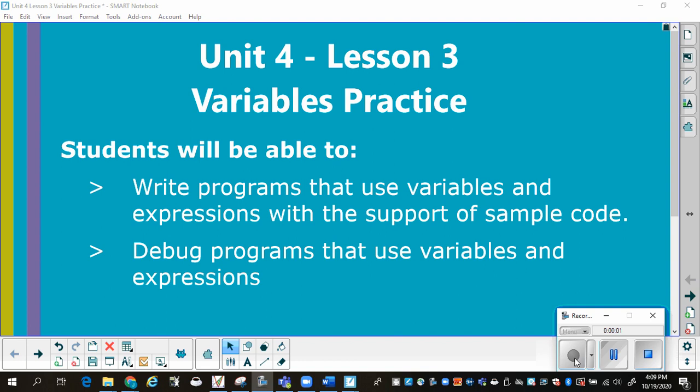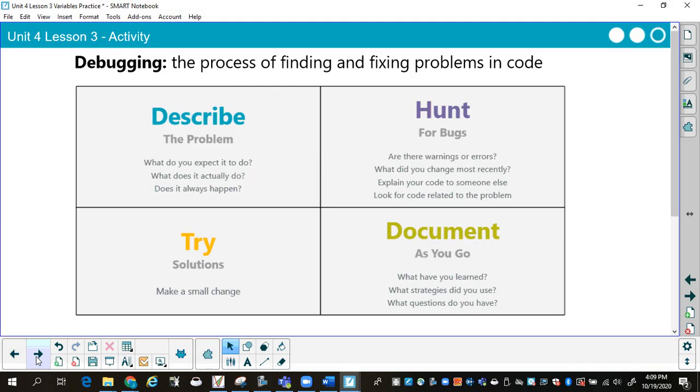Variables practice. At the conclusion of this, you will be able to write programs that use variables and expressions with the support of some sample code. You'll be able to debug programs that use variables and expressions. First off,